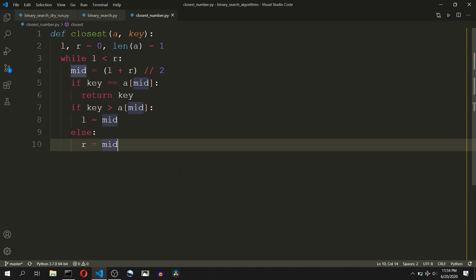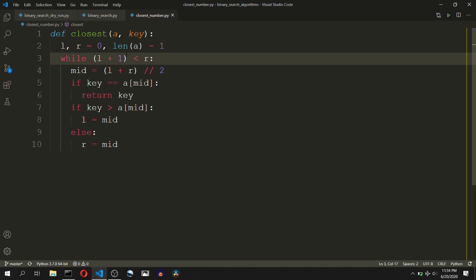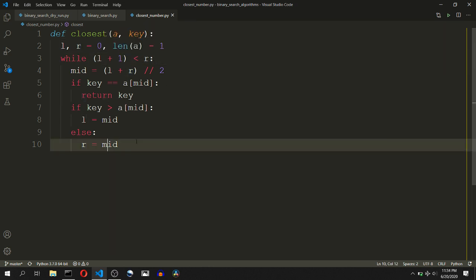But in the closest element finding problem, we need to narrow down the problem to an array containing one or two elements. And then we can decide which is the closest. So this narrowing down should happen when there are more than two elements in the array. So in that case, we need to change the while loop condition to L plus 1 is less than R. That will ensure that the left bound and the right bound contain at least 3 elements, that is more than 2 elements.